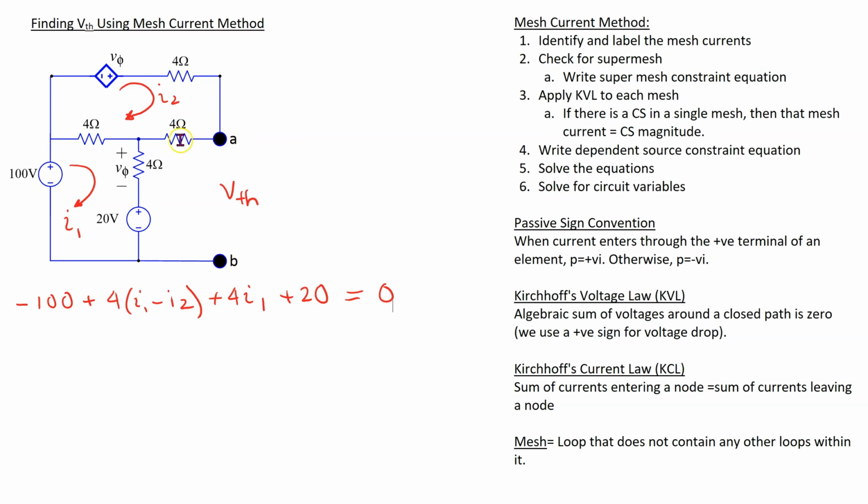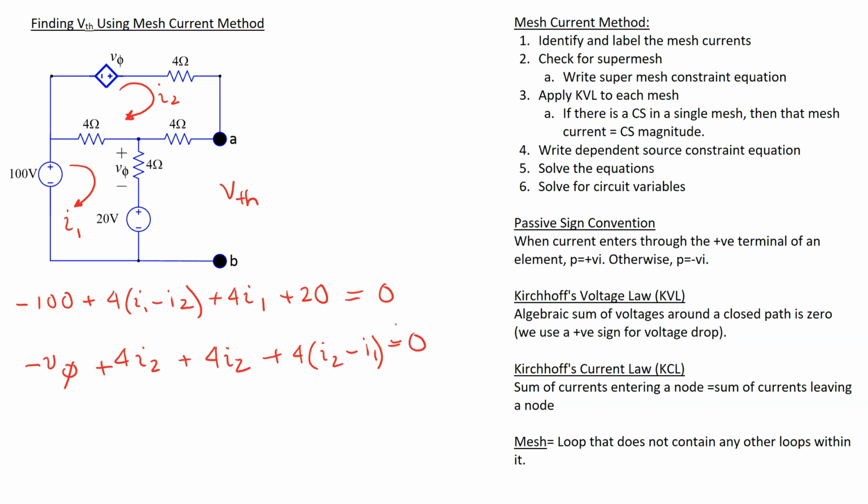Similarly, for mesh 2, we have minus V phi, and then 4I2 and then another 4I2. So current through these 2 resistors is only I2, and through this last resistor we get 4(I2 minus I1)